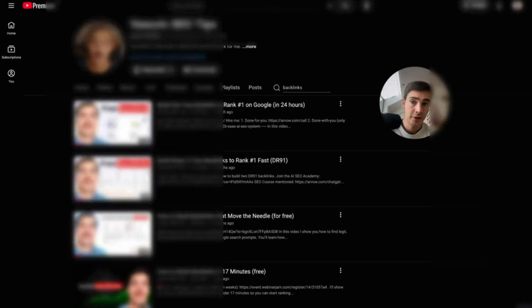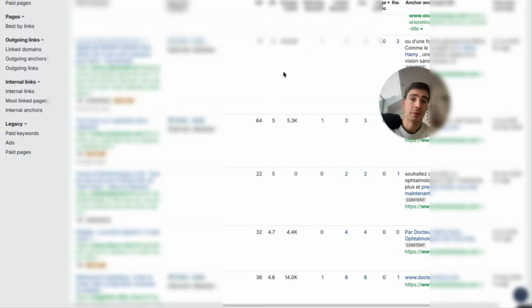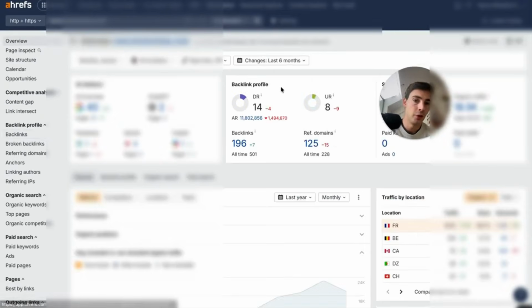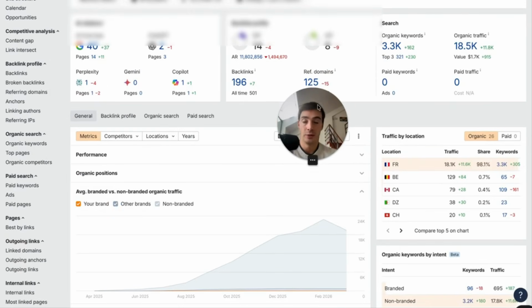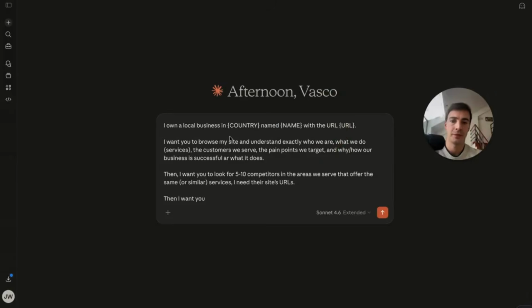But yeah, going back here again, we have to talk about backlinks because, again, as I said before, there are three pillars we need to obey or to follow, right? Not just the one, not just the content. Now, content is very important, and you can rank without backlinks in less competitive niches, but links are still very important. So you can go on Claude and type in this prompt: "Hey, I own a local business in country, whatever name and whatever